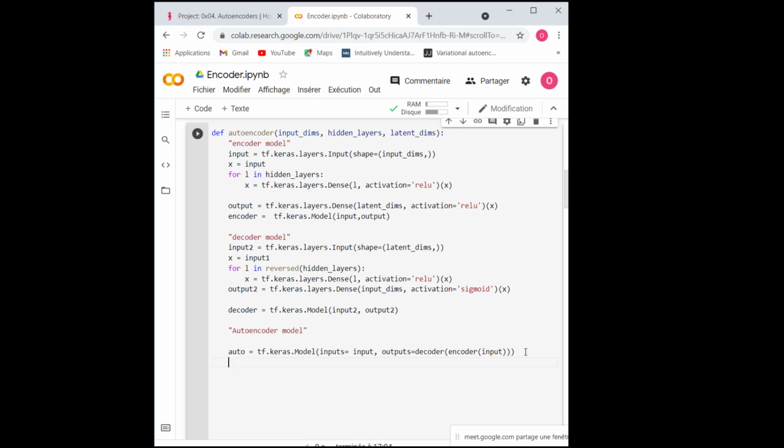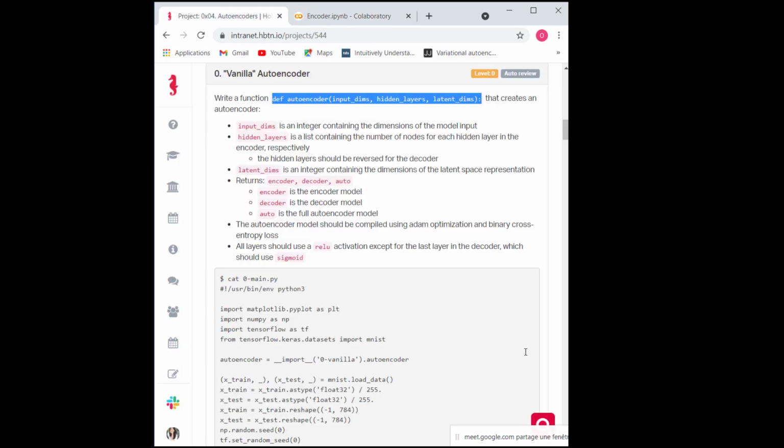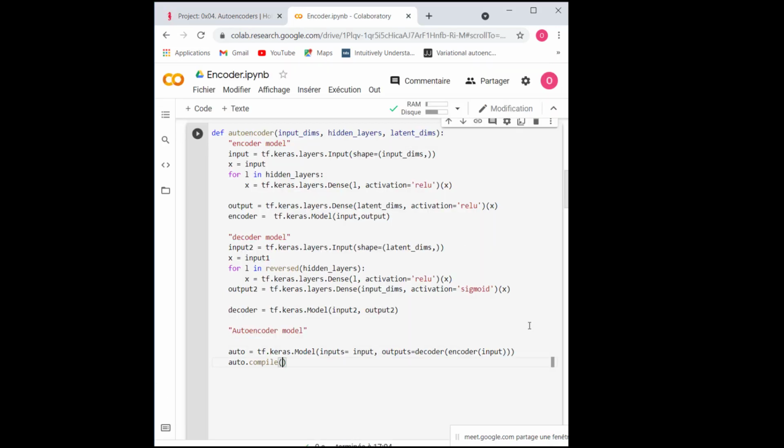Okay, so now we need to compile our model. The optimizer should be Adam, like they said. So optimizer is equal to Adam.